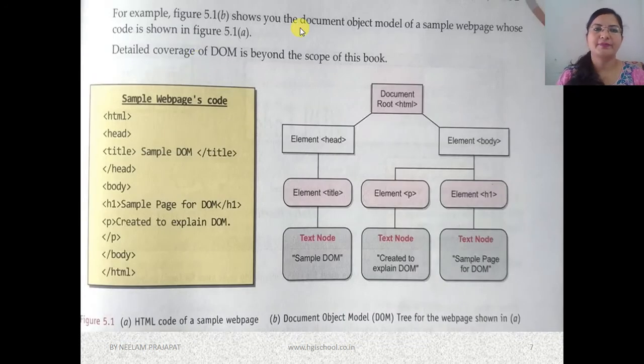So here you can see the example of document object model. This you are familiar with. This is an HTML document, and this same HTML document can be represented as DOM. You can see this is a hierarchical structure. The outermost tag will always be displayed at the document root, which is known as the root element. Okay, the outermost element is known as the root element.